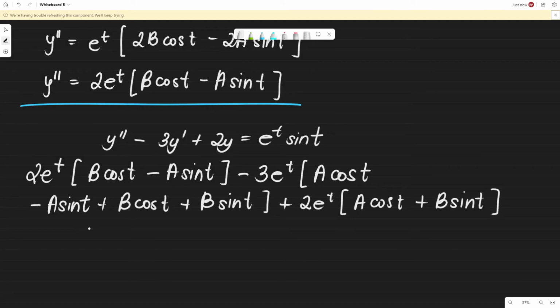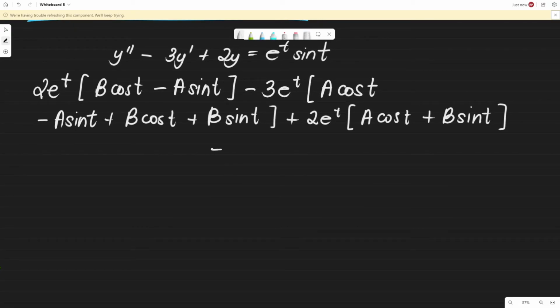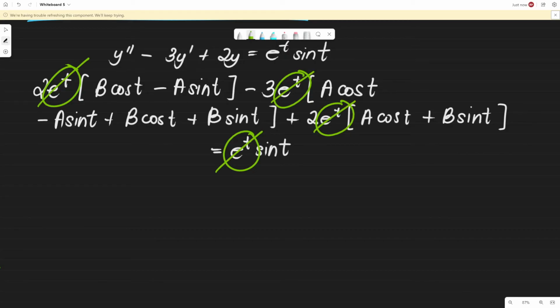So, this is equivalent to e^t sin t. So, anong mapapansin natin? Common si e raised to t sa lahat ng terms. Tama? Ito, ito, no? At saka, pati sa right side. So, meaning, all of them will cancel. Di ba? We can factor out e raised to t, tas divide all terms by e raised to t. So, makukuha natin yung cancellation. Makakancel yun. So, we have here